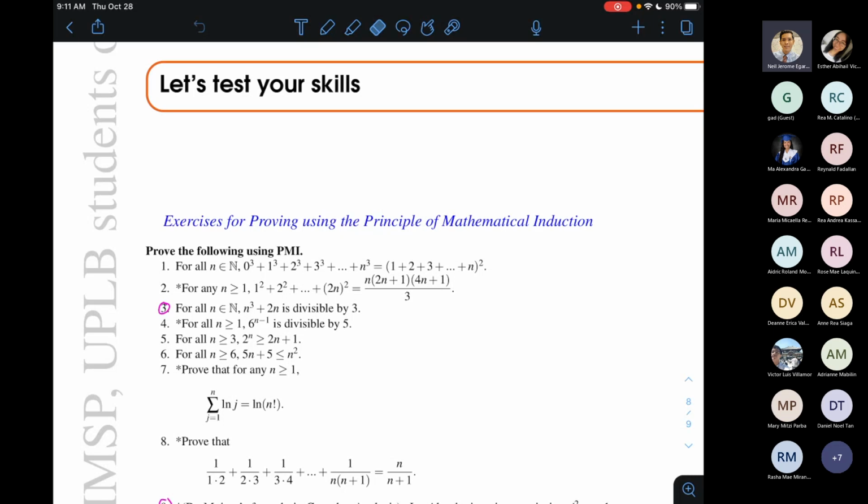We learned na meron tatlong steps or tatlong mahalagang components ang proof by mathematical induction. Number one is the basis step. We want to show that the statement holds for the least natural number for which the statement is claimed. Usually, madali lang to. It's just a matter of substitution and a little bit of manipulation at most para mapakita na totoo siya for the least natural number for which the statement is claimed. So ito yung magiging simula ng chain of arguments natin na mako-cover lahat ng natural numbers for which the theorem